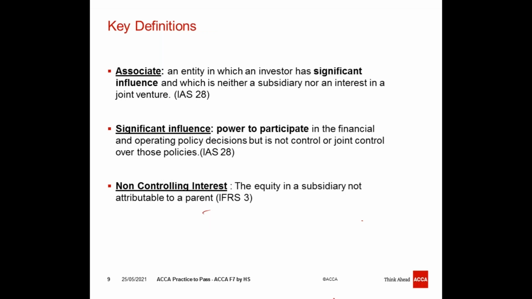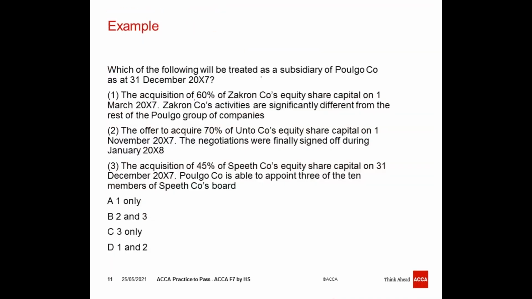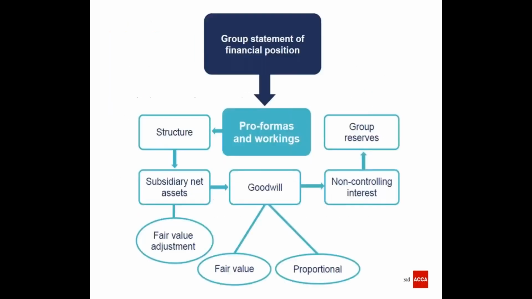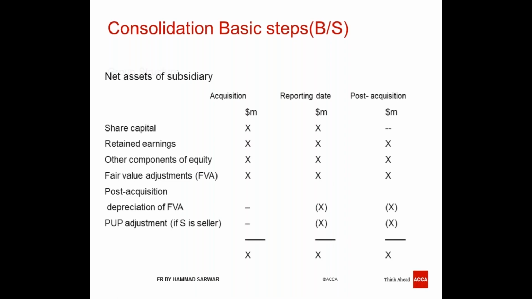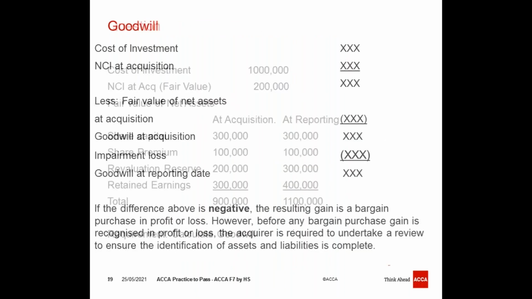So these were all discussed in day 1. Then the control chart, some questions. Then we discussed some adjustments through this chart structure, the concept of net assets, question practice for the net assets, goodwill,